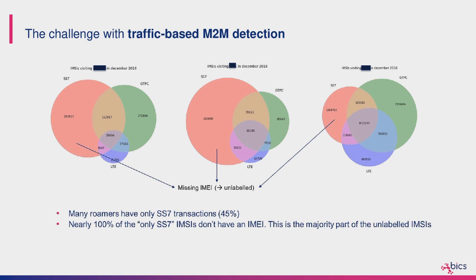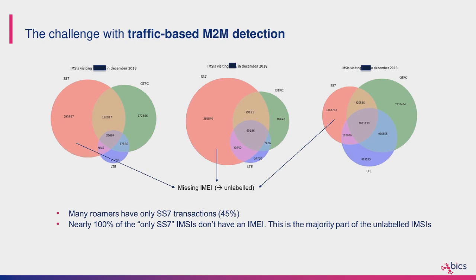Depending on the specific technological complexity of that network, then for a given group of IMSIs or roamers in this case, the combination of available data varies. In some cases, you'll see that we have a good mix, like the one to the far right. Most of these roamers in network 3, the one to the far right, produce almost equal volumes of SS7, Diameter and GTP traffic. Okay, you do have some where they only produce GTPC, so the control plane traffic for data transport. You have some that are only generating the control plane traffic for 4G roaming, so LTE S6a. You also have obviously different combinations.